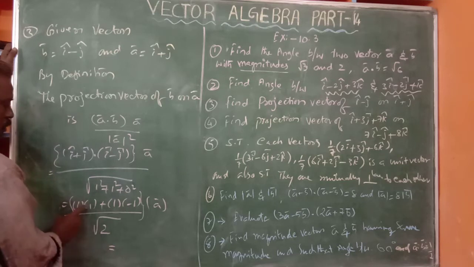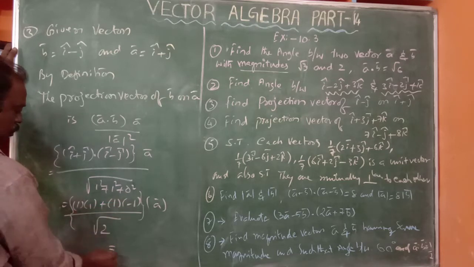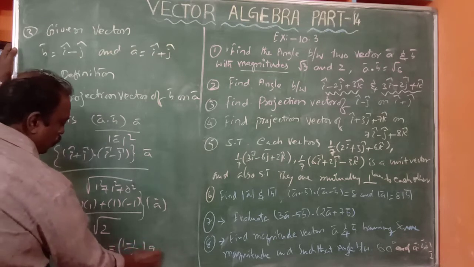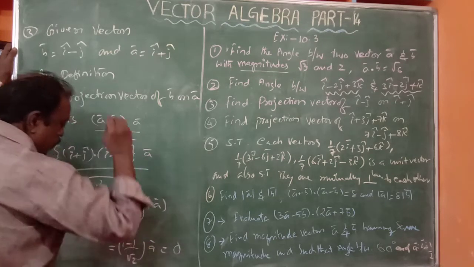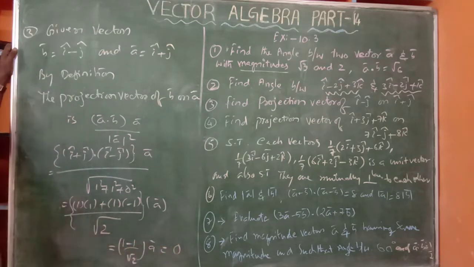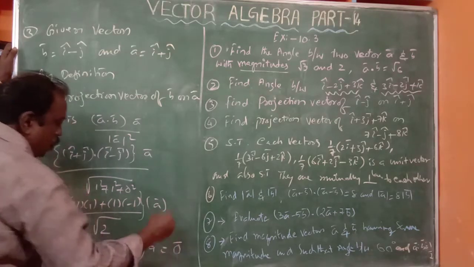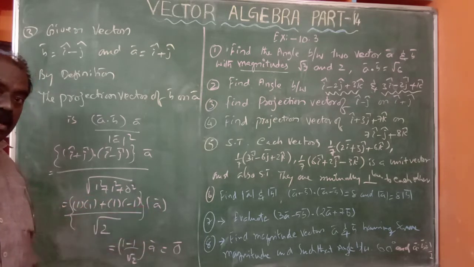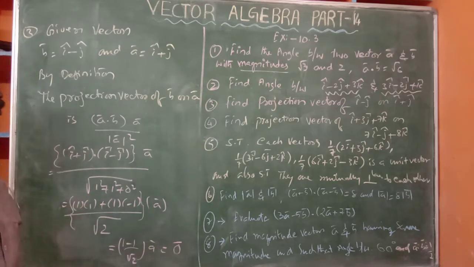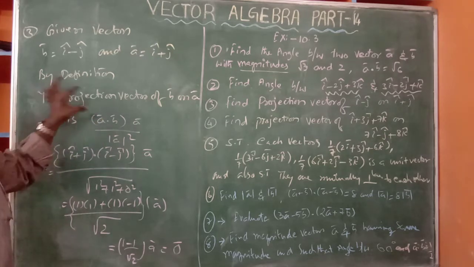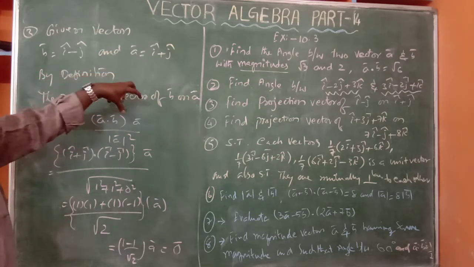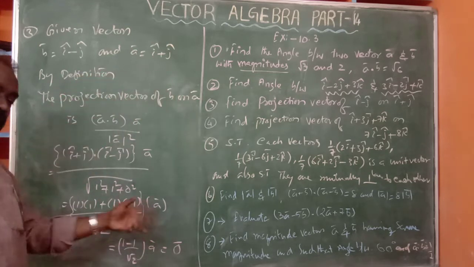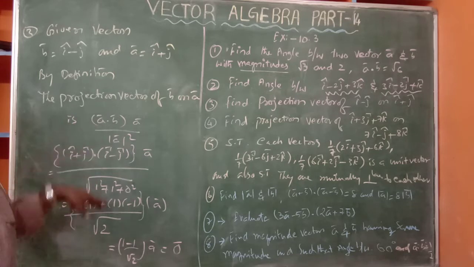Okay now, 1 into 1, this is 1 minus 1. 1 minus 1 by root 2 into A bar, that is equal to 0. So, don't say it is a 0, because 1 minus 1 is 0. 0 into A bar is simply not 0, it is a 0 bar. You write it as a 0 bar. A lot of difference is there. Projection vector is 0 bar. Simply, projection of B bar and A bar means it is 0 bar. Okay na? Like that one.